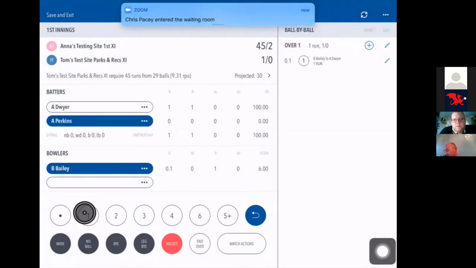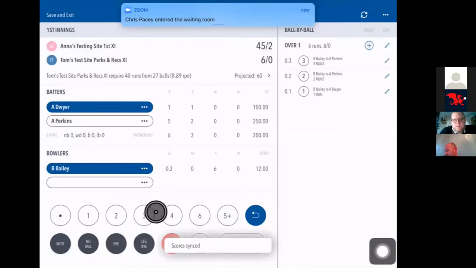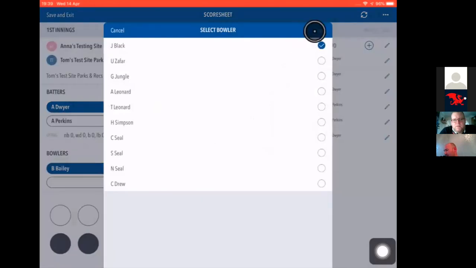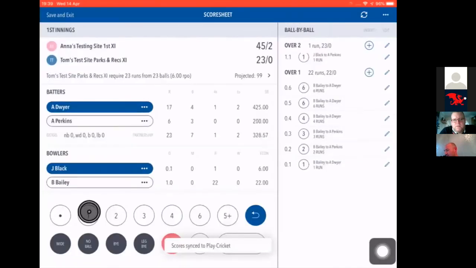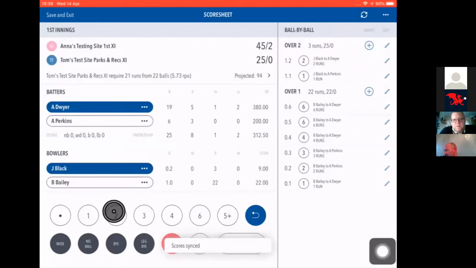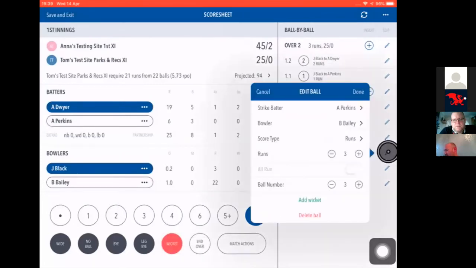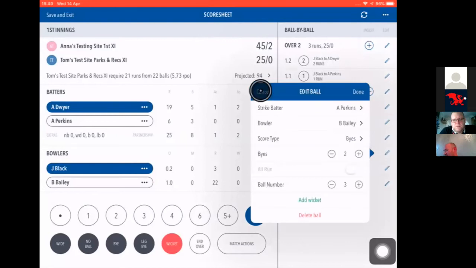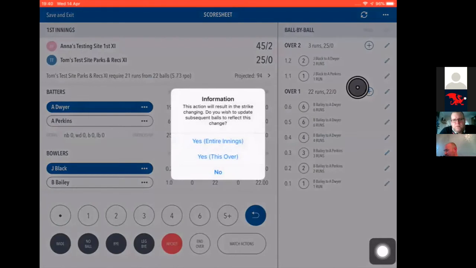So let me just score some runs here. And we over. And keep going. So again, I've made a mistake with one of these balls. So if I just click on one of the edit buttons, I can change this to say 2 runs, and they weren't actually runs, they were byes, and then press done. So this will bring up the